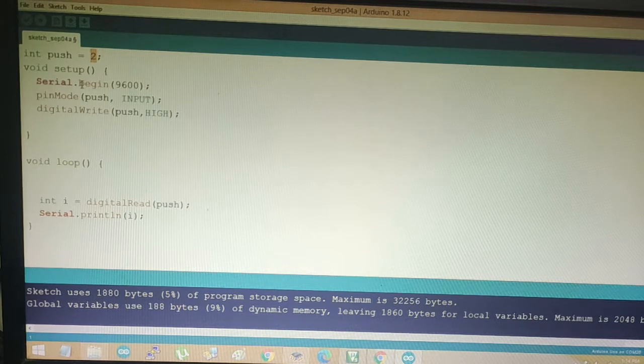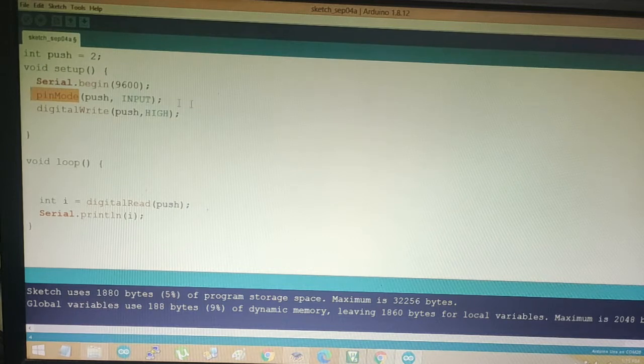For that we first need to begin the serial monitor of the Arduino IDE and set the baud rate to 9600. After that, pinMode is a function. In the pinMode function we have to pass two parameters, the pin number and the mode we are going to use.